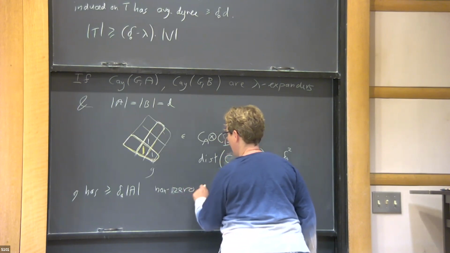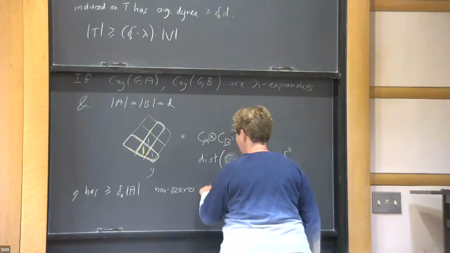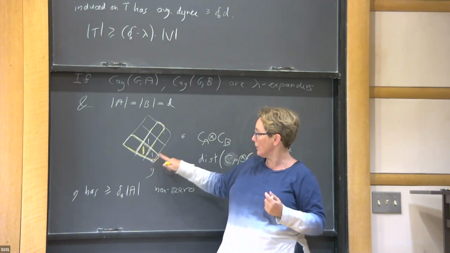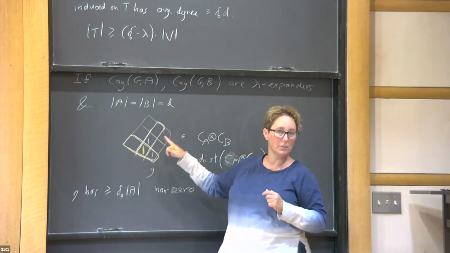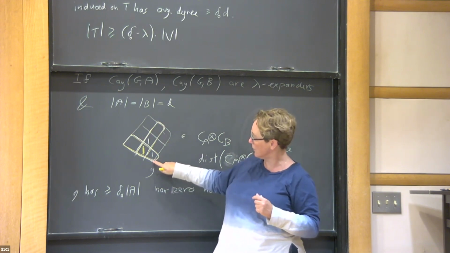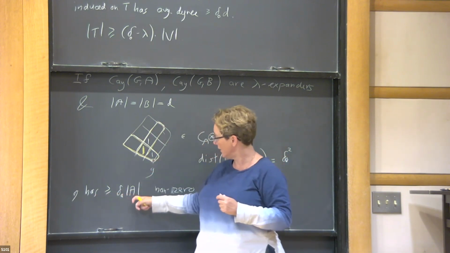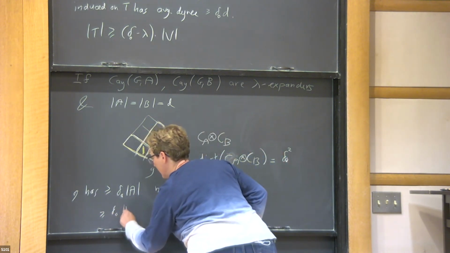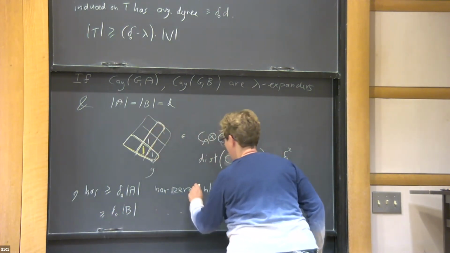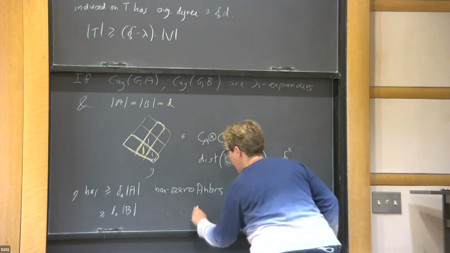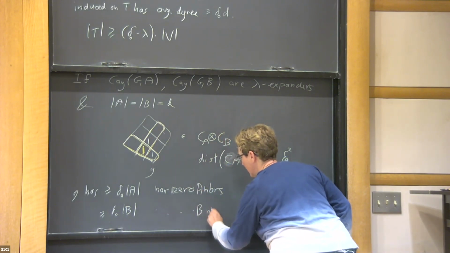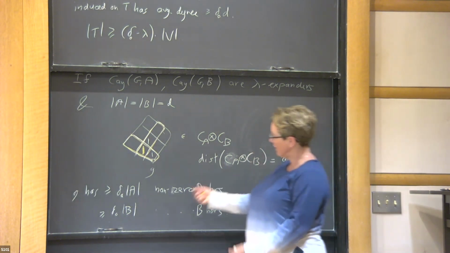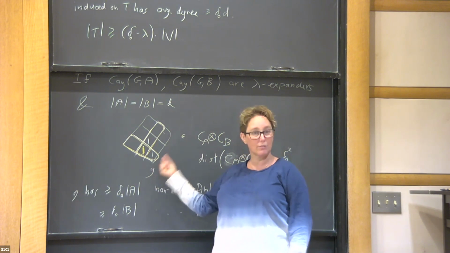non-zero neighbors. And when I say a vertex is non-zero, I mean a vertex is non-zero if it sees some non-zero bit. So we started with one non-zero guy, and it already has a lot of A neighbors that are non-zero. And it also has delta naught B non-zero neighbors. So if A equals B, it means that delta naught fraction of the neighbors of G are